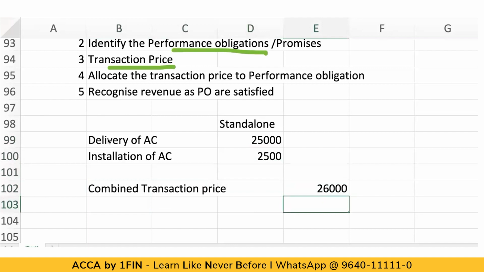No. What the standard says is identify what the two promises are. One promise is I will deliver the AC. The second promise is I will install the AC. Now, what is the standard price for fulfilling those promises? 25,000 and 2,500. What the standard says is whatever 26,000 you have collected, if you do the combined price, it is 27,500. So the standard says